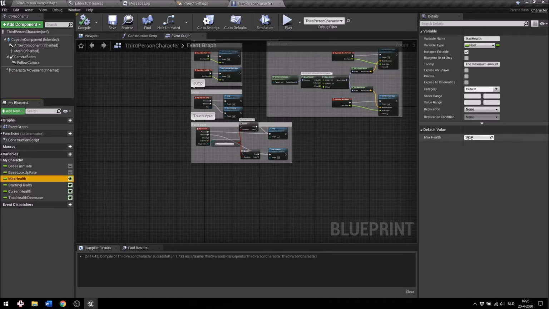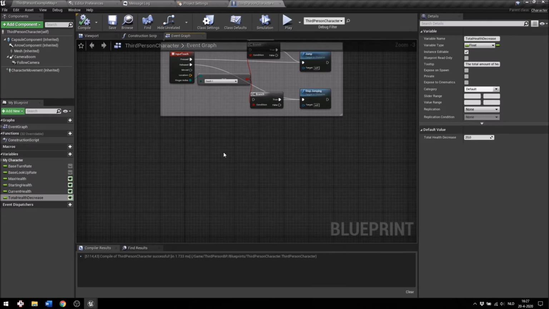Then we're going to set all these variables. So we're going to set first the max health to 100, the starting health to 70. We're not going to set the current health, but we are going to set the total health decrease to 20. The reason why we're not setting the current health is because we're going to set the current health based on